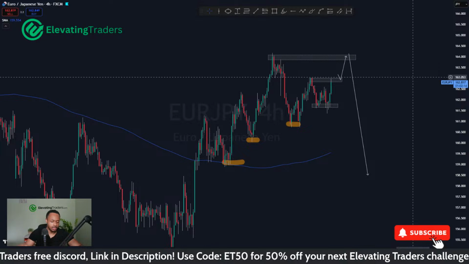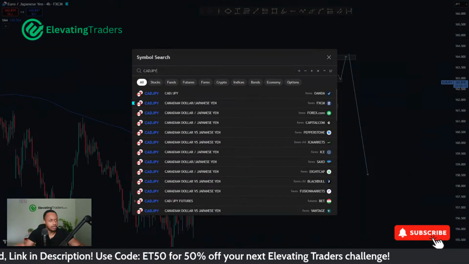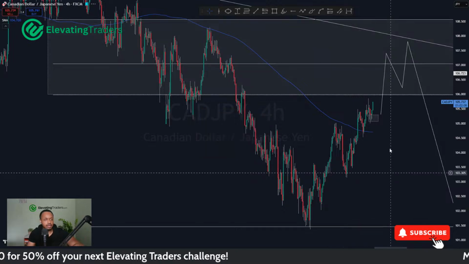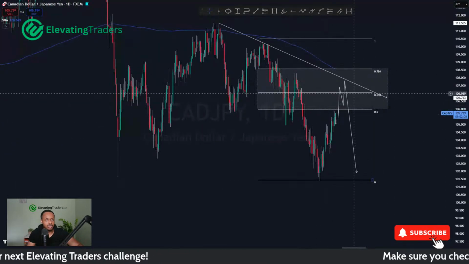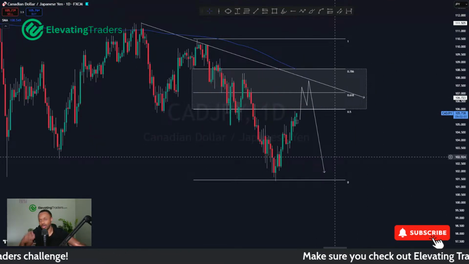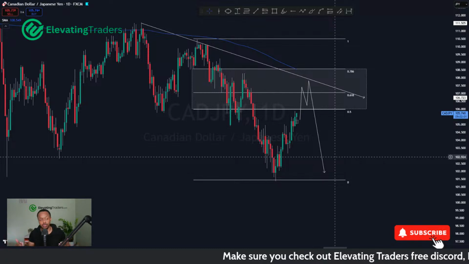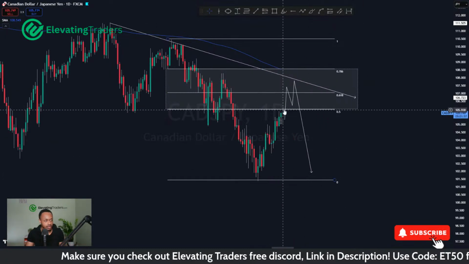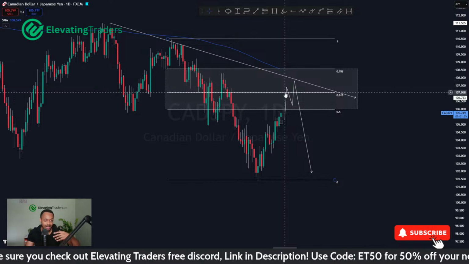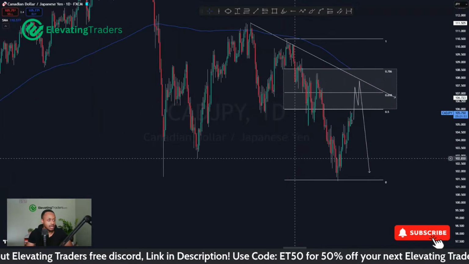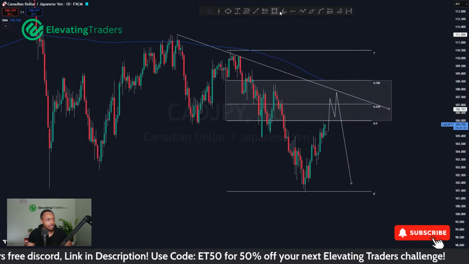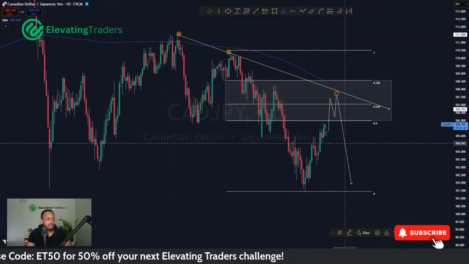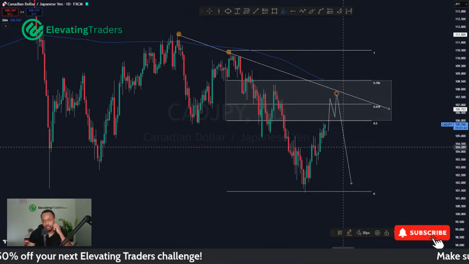down. CAD JPY, keeping a close eye on this one as well. Anywhere in that zone on the daily chart, I do think a lower high could form. I've got quite a few pairs on the watch list, but they're just not quite ready to be shorted yet. It might still be a few days out. CAD needs to get there first, react, set up nicely before I do take a sell. But I am looking at basically another lower high forming here for CAD Yen, roughly in this area here. So that's kind of what I'm keeping a close eye on.